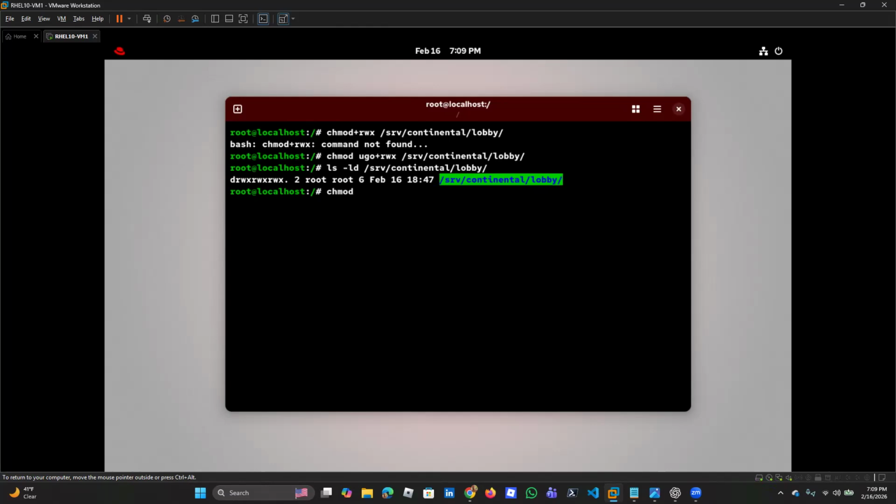chmod ugo equals read and execute, read minus x, read, right? Okay. And then on the server,